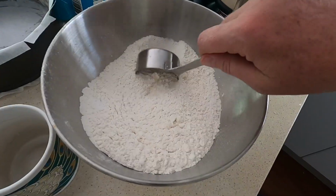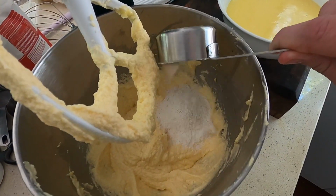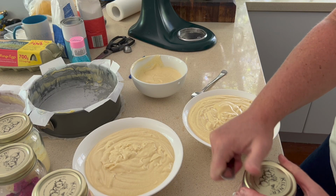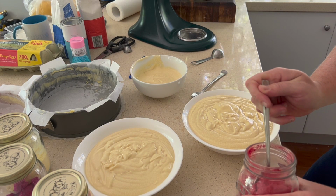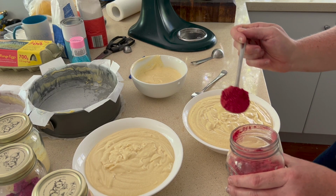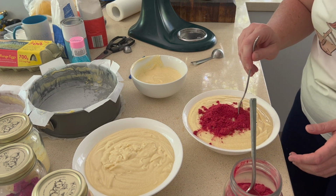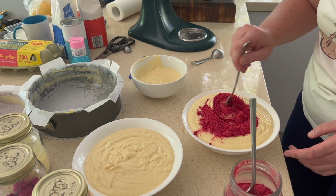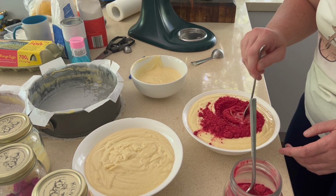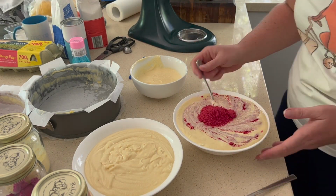There were some things I learnt about doing this in somebody else's kitchen, and that is that not all vanilla essences are created equal. My mum's one had these little black grainy bits in it, and it smelled and tasted very heavily of booze, and I didn't like that. So I have now bought a bulk pack of vanilla essence for next time I have to make a cake